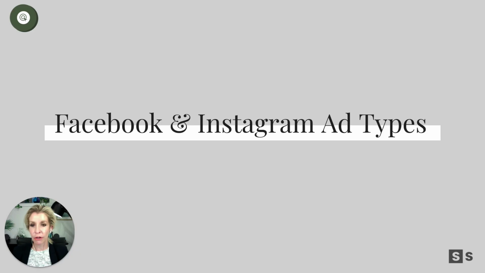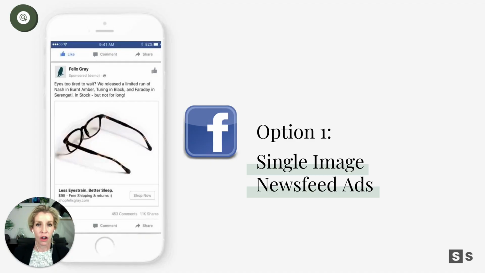So the people are there and we need to be there too. Let's look at a few different ad types more specifically. First of all, we'll go through some of the Facebook lay of the land and some really basic examples of ads. So a newsfeed ad. This is a single image ad that's going to show up in your newsfeed. And this, my friend, is what 90% of Facebook ads look like.